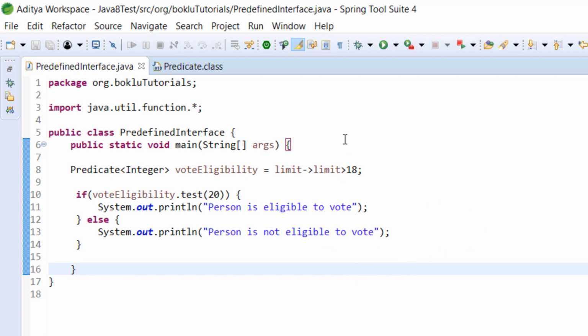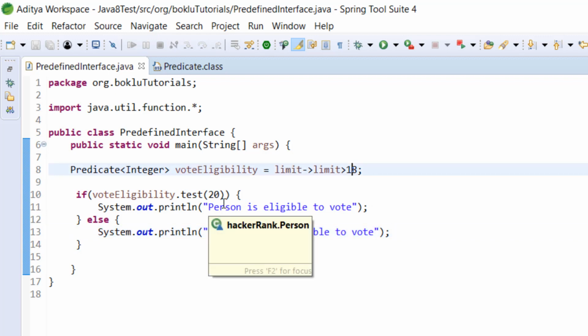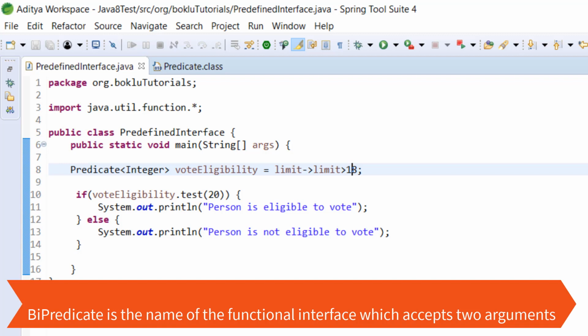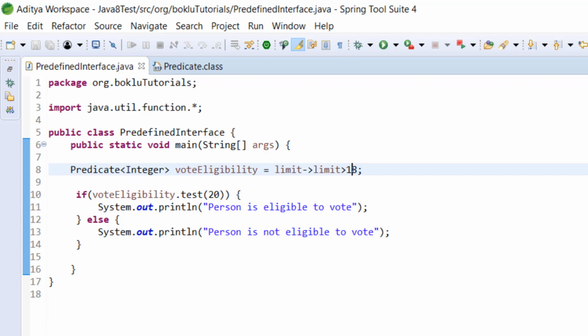Now we can see that we have passed in the test argument only 20, and we are comparing with that lambda expression. But what if I wanted to pass both the arguments from the user? So to use both the arguments from the user side, we will use another functional interface. The only difference between Predicate and BiPredicate is, in Predicate we can use only one argument in the abstract method, but in BiPredicate we can use two arguments. So let's write that one to see the BiPredicate functional interface.